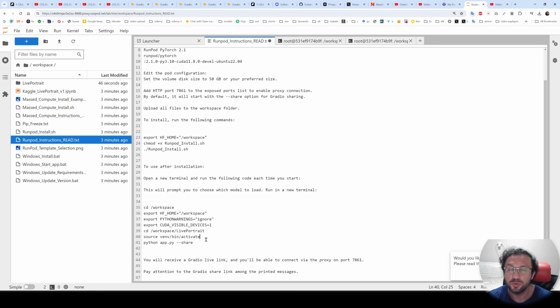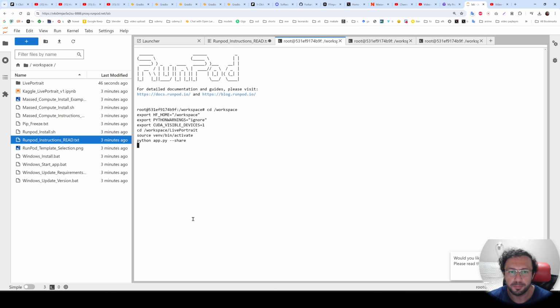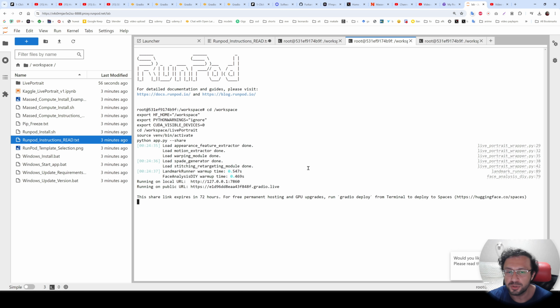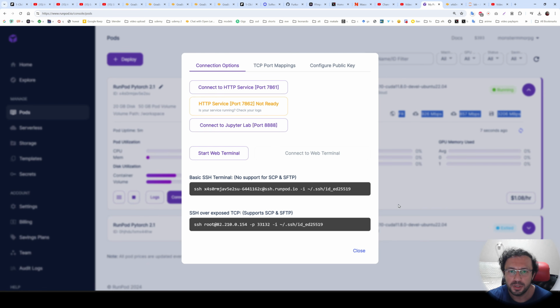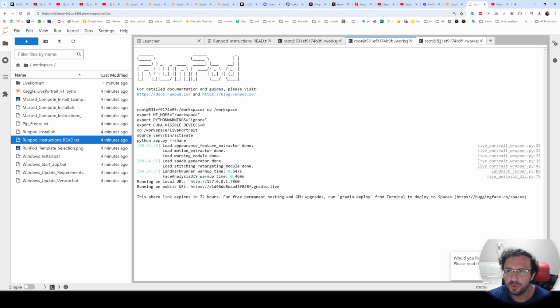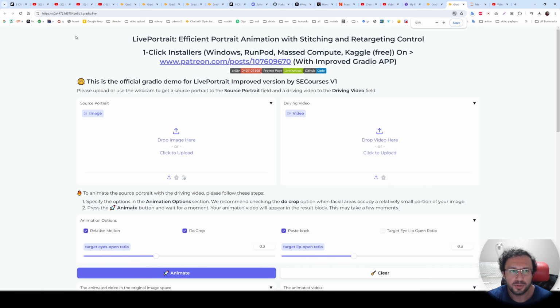Return back here. Let's make the device 1. You don't need 2 GPUs, I'm just going to demonstrate it. Copy it into the terminal and paste. You can also disable share and you can use the proxy connection. So we have both Gradio Live share and we have proxy connection. Let's connect the first GPU from the proxy 7861 port. So this is the first GPU. Then let's connect the second GPU on the Gradio Live share, which will be here. You see Gradio Live. By the way, you need to have enabled these ports exactly to be able to connect them. Okay, so this is running on the RunPod proxy and this is running on the Gradio Live.